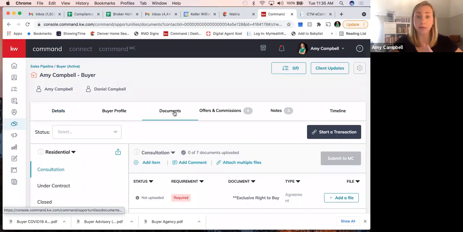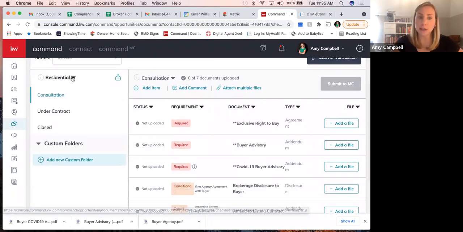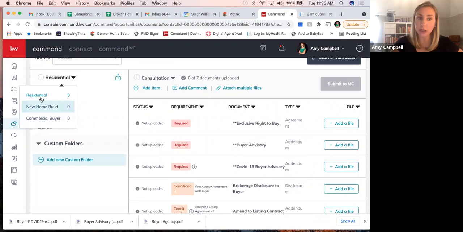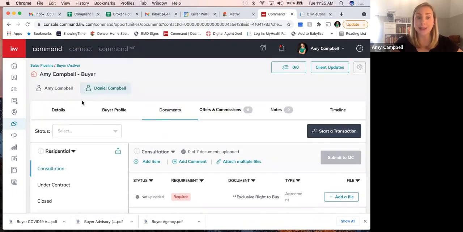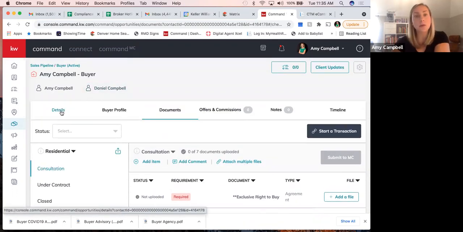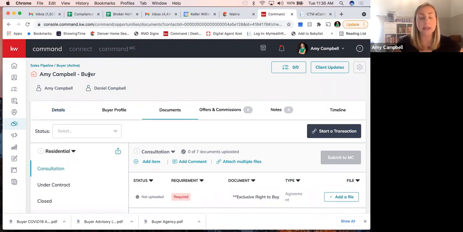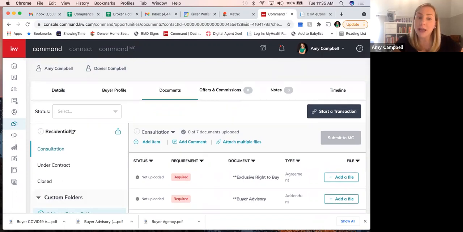And like I said before, we're going to click on the Documents tab within our transaction. And you're going to select the correct option here, depending on if it's a residential, a new home build, or a commercial buyer. And again, this is because in this initial detail section, we selected that it was a buyer file. That's what auto-populated this. It's only giving us buyer file options. On a listing side, there would be listing file options here, and they look a little bit different with different